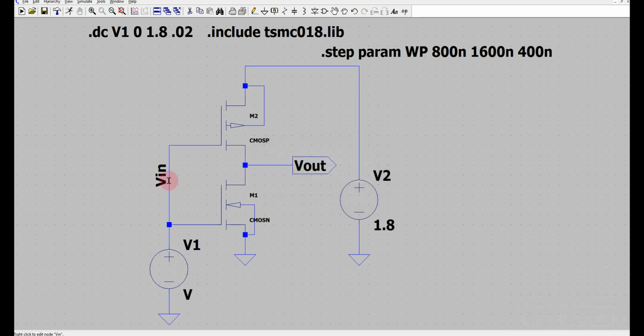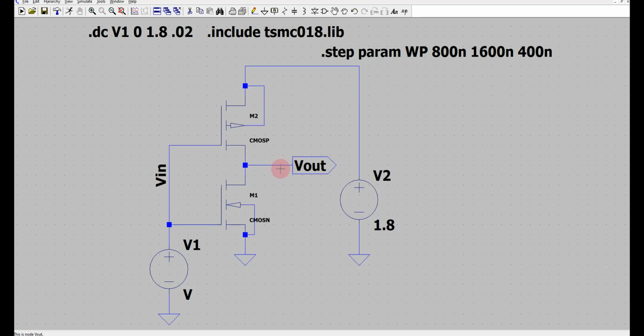I have labeled this net as V in, so that I can plot that. I have labeled this net as V out. If you see where this pin came from, I go to label net and write V out, and then I select the port as output. That is why you get a port like this. You can put a port also here. So this is an output port.